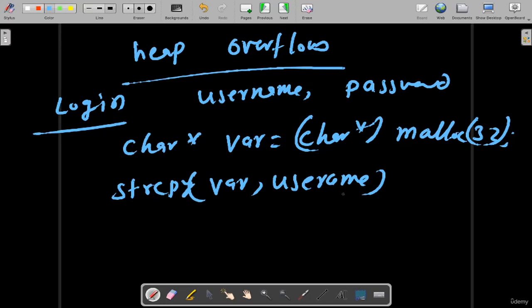In a heap based buffer overflow, what is adjacent to the destination buffer is not a saved return address, but the blocks of heap memory. Basically the heap works as a doubly linked list. Each block is preceded in memory by a control structure that contains the size of the block, a pointer to the previous block on the heap,